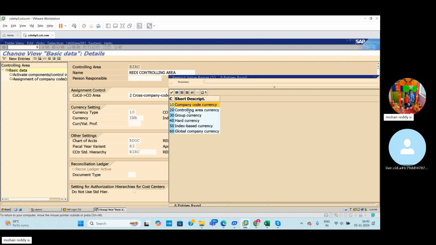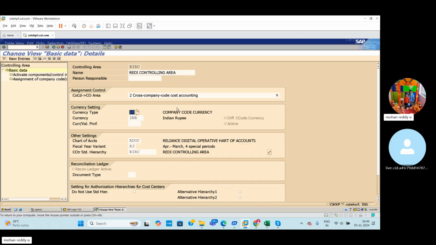display different types of currencies: controlling area currency, group currency, hard currency, index based currency, global level currency. I already explained these kinds of currencies, group currency, hard currency, index based currency, global currency, controlling area currency, in previous classes. So again, no need to explain. Then everything will be